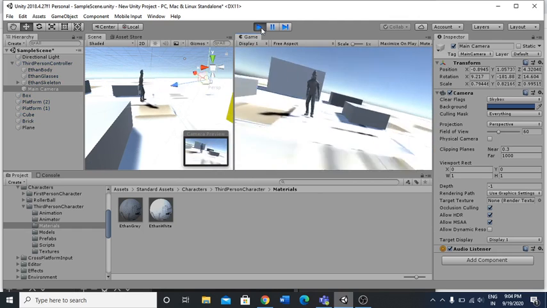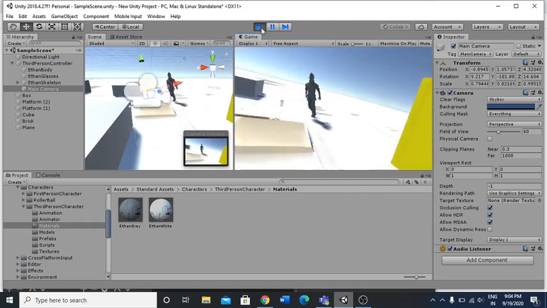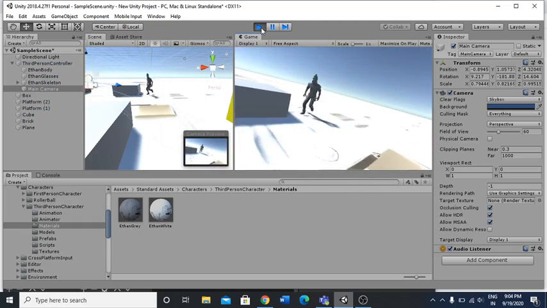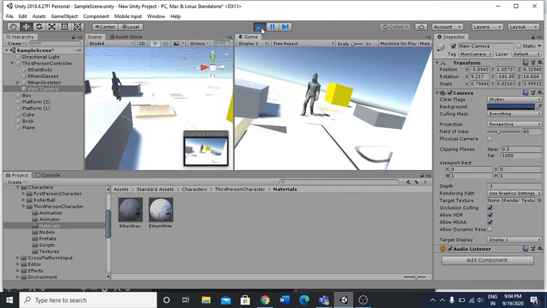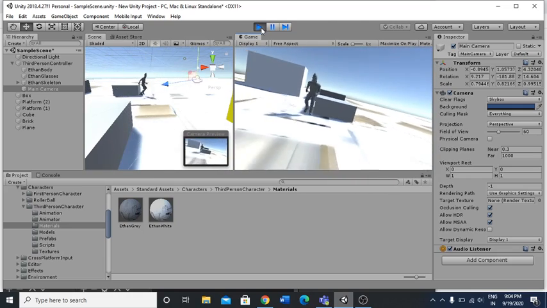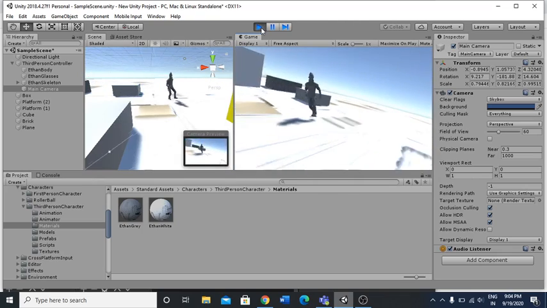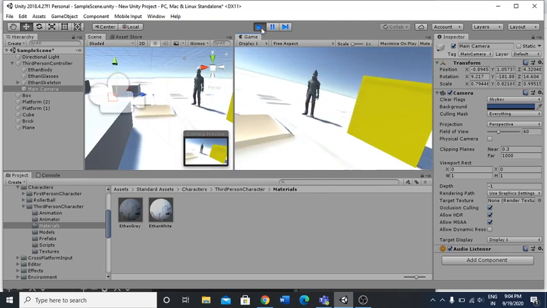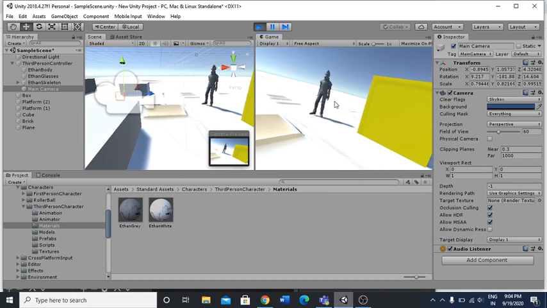So now I think you all are able to see the difference. We are able to see the camera moving along with the person. Here you can see the camera moving, right? This is the game view, and this is the scene view, where you can see the camera moving with the person.